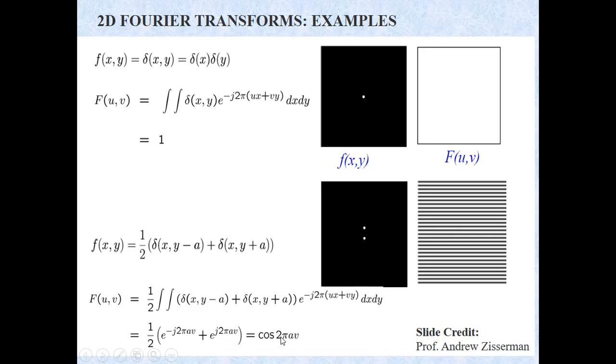This is a function of u and v, wherein along v direction only there is a cosine variation. In u direction there is no variation because it is not dependent upon the u variable at all, so it is constant for all u. You can see that pictorially here. Directly, two impulses in y direction will give a sinusoid in v direction. That's the understanding. Is this clear? Any questions?